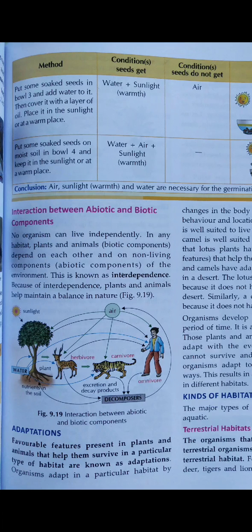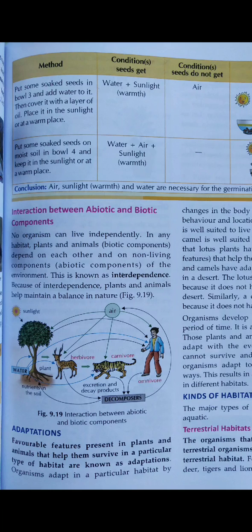Because of interdependence, plants and animals help maintain a balance in nature. In figure number 9.19, you can see the dependency of decomposers, plants, and various organisms. Now we have the topic adaptations. Favorable features present in plants and animals that help them survive in a particular type of habitat are known as